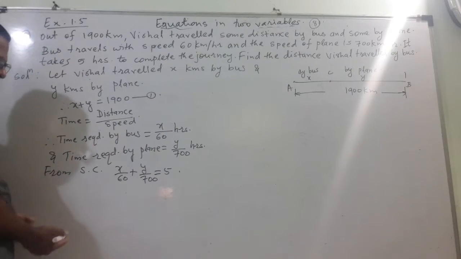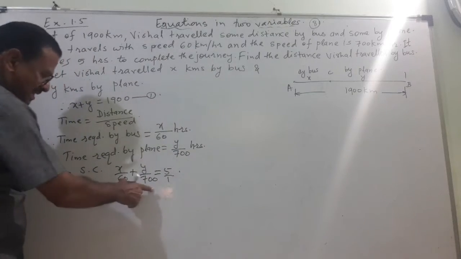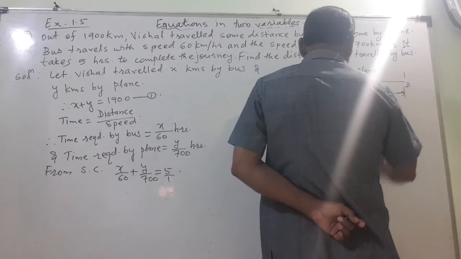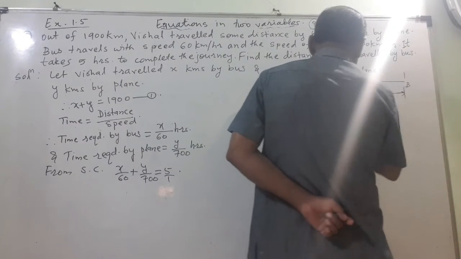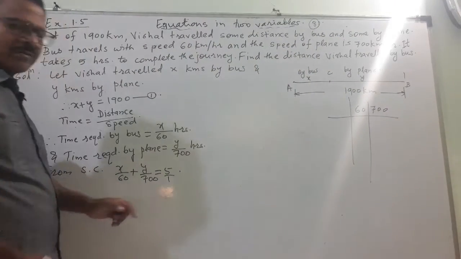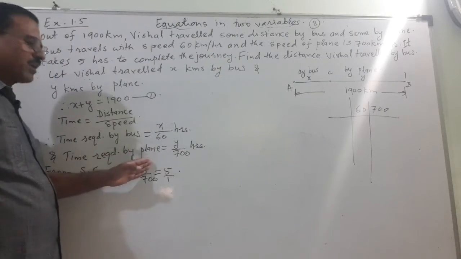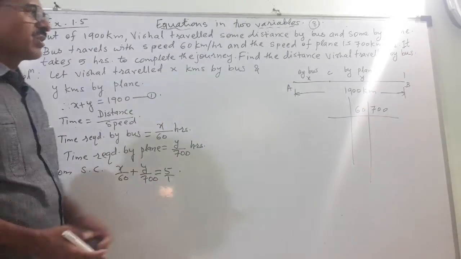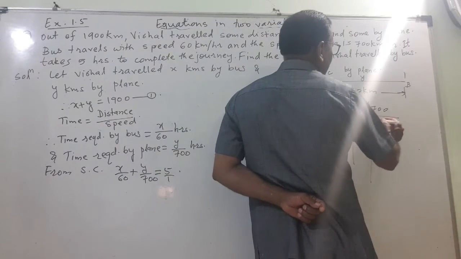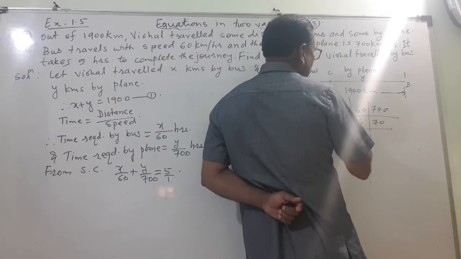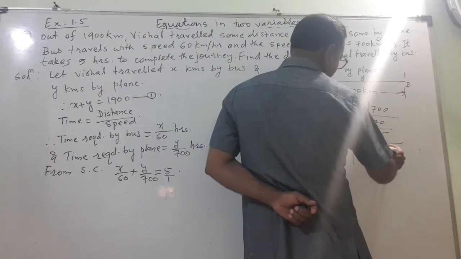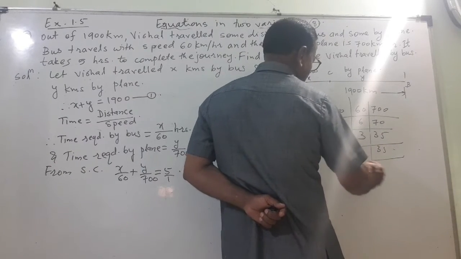Therefore, in this case what I can do is take the LCM of these and multiply each term. How to take the LCM of 60 and 700? Always try to follow very standard methods. There are many ways to solve, like cross multiplication, but this is better. Common is 10, 10 6 are, 10 70 are. Then 2 is common, 2 3 are, 2 35 are. Then 3 1s are 3, 35 as it is, and 35 1s are 35.